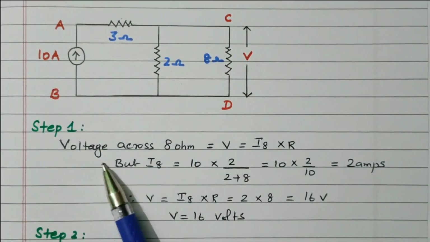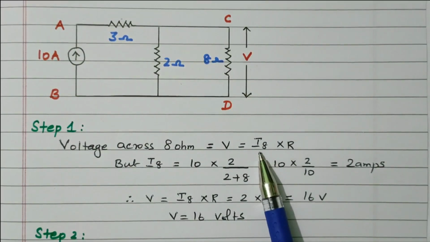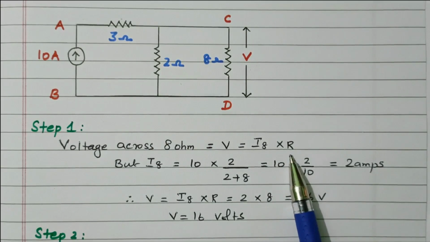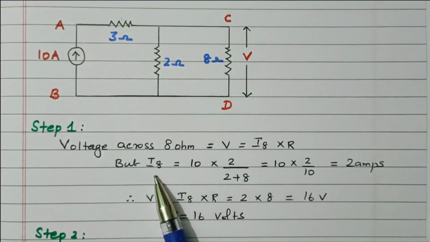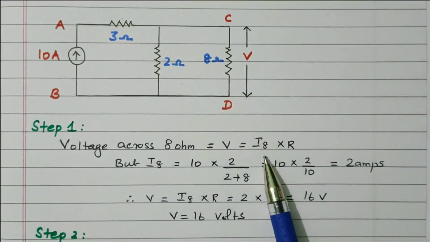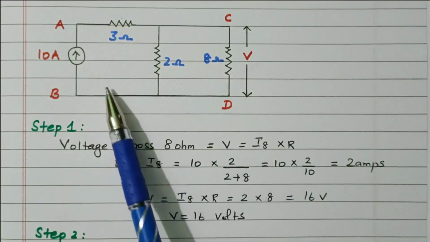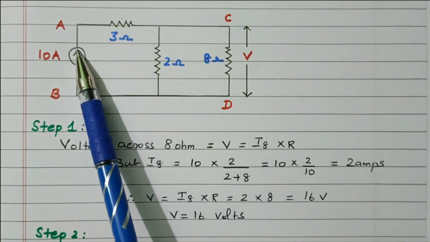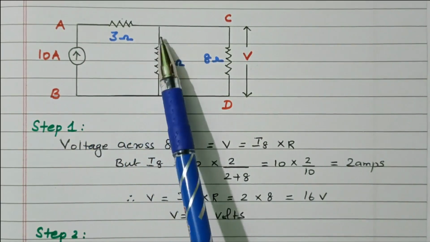The voltage across the 8 ohm, V equal to I into R, the current flowing through the 8 ohm resistor into the resistor value. What is the current flowing through the 8 ohm resistor, I8? We know the R value is 8 ohm, but we need to find the I value. In this diagram the 10 ampere is flowing through the 3 ohm resistor. At this point the current is diverted